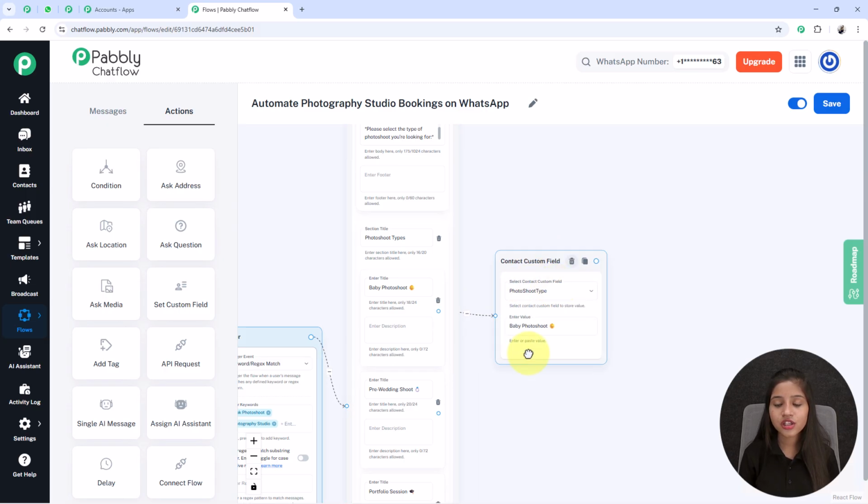so I am connecting this circle also to this node. Now I am going to explain why we use this contact custom field node here and from where you can create this contact custom field. But before switching to another tab you have to save your flow. If you don't save your flow and switch to another tab, then all the progress of your flow will